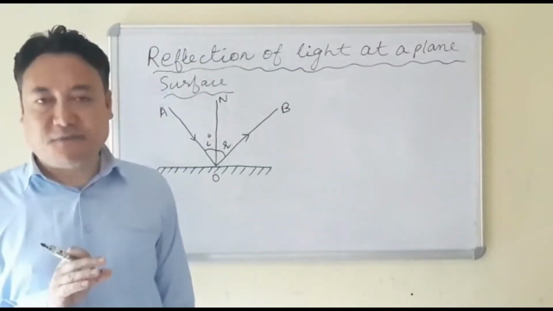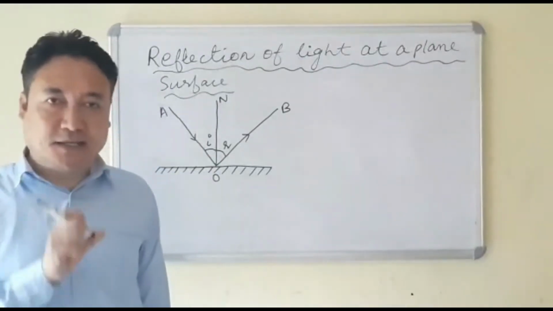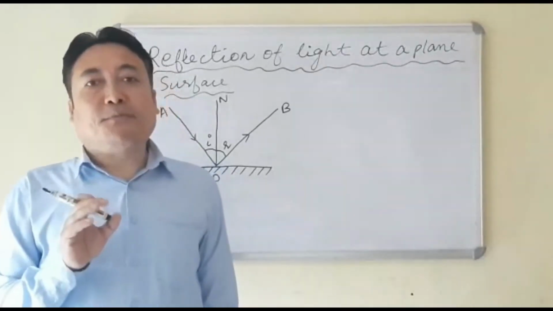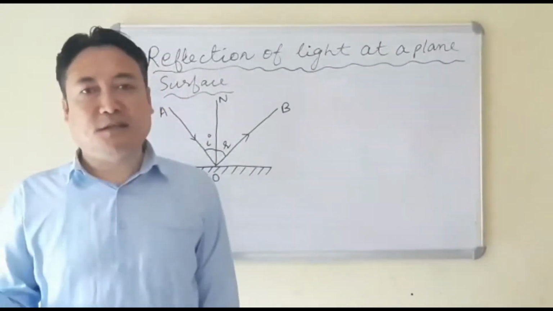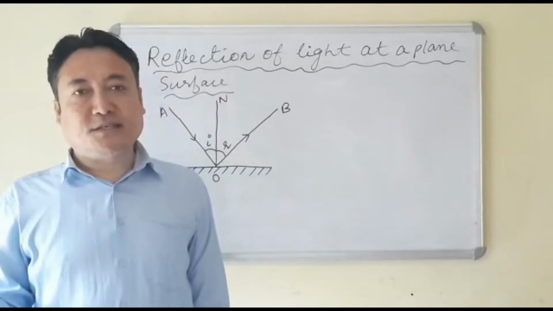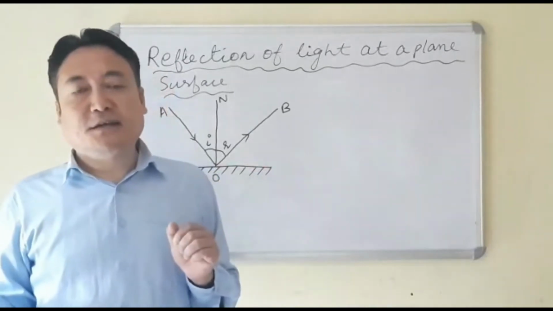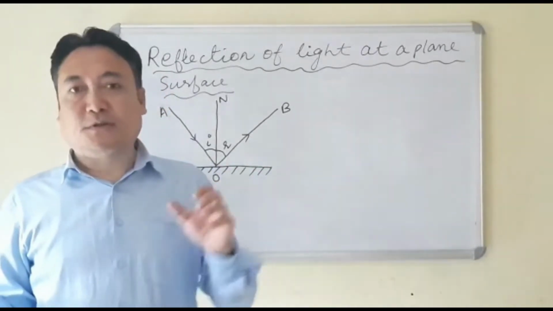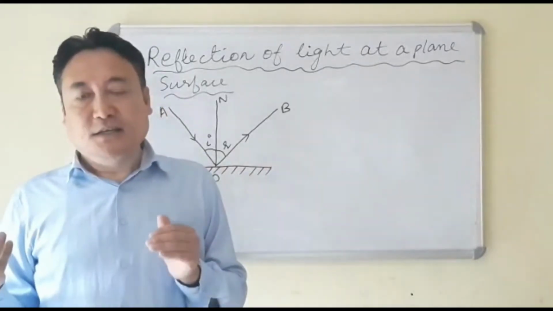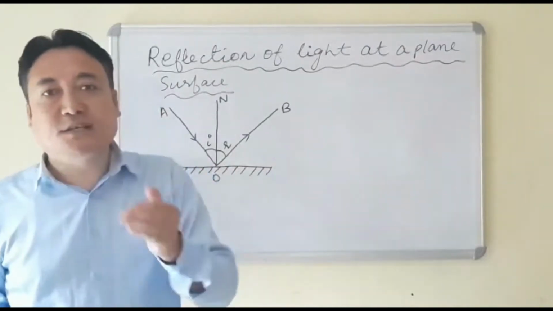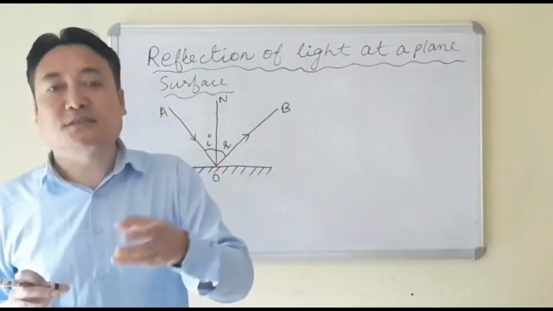Now the reason they are known as reflecting surfaces is because they reflect light. I'll give you one example. You hold a plane mirror and keep it in the sunlight. What you will see is that on the opposite side of the mirror, on the wall, you will find a patch of light. This patch of light is the reflection done by the mirror with the sunlight.